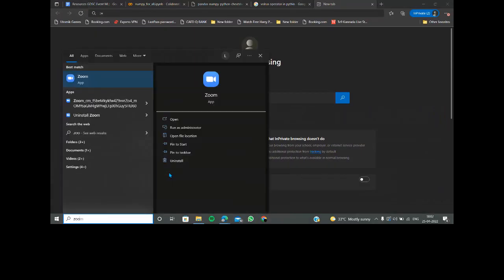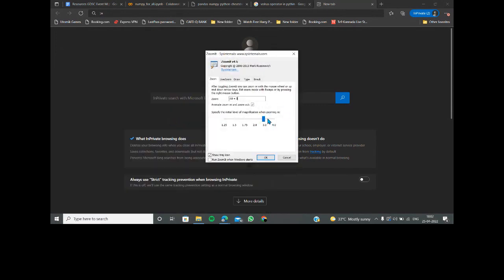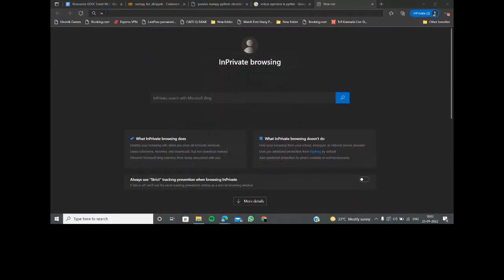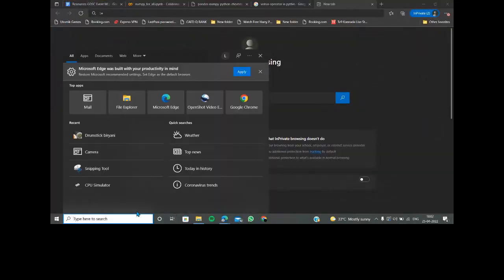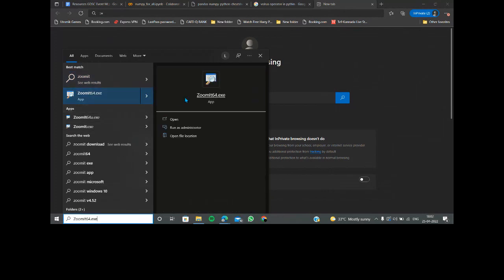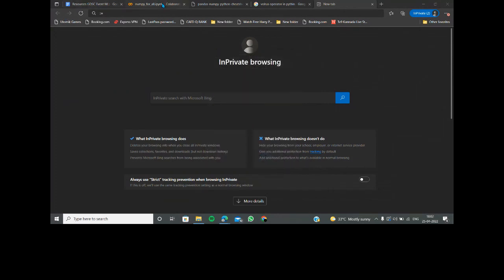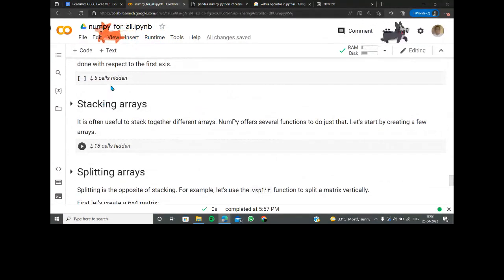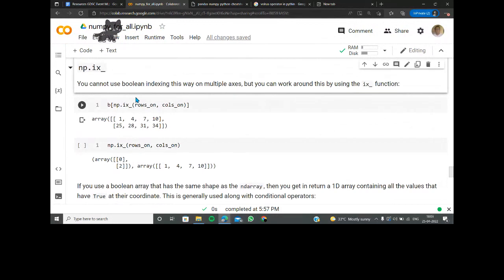So let me go to my ZoomIt, and I want to open that application, and I want to do it 4x, and I'll show you that. So this is how the entire application stack looks like in a Walrus operator. This is how a Walrus operator looks. So you guys got an idea about it. Let me go back to my ZoomIt for exe. Just do 2x and 3x, because that's what I require. And all these different dimensions are already being taken care of. So all the things, when I think about the computational operations and things like that,